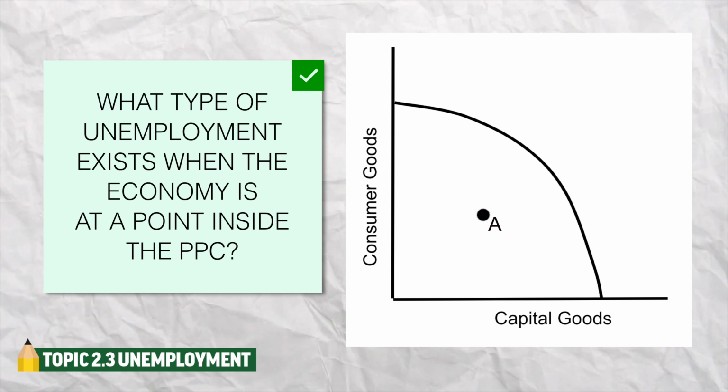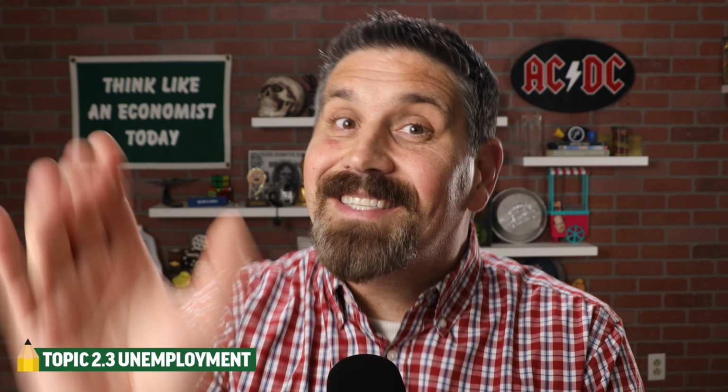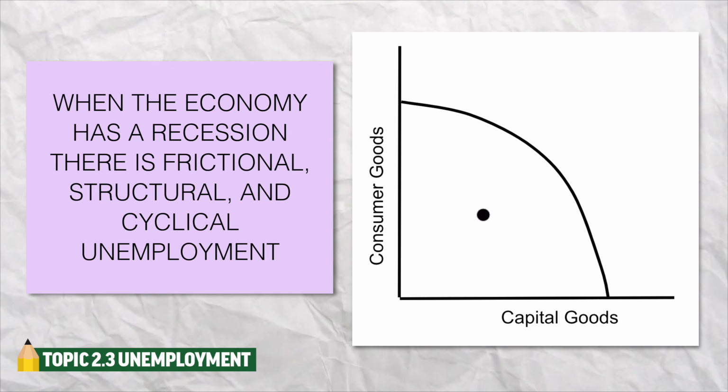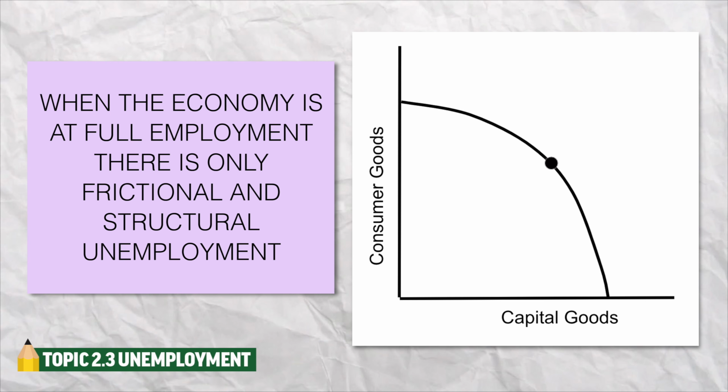Question, what type of unemployment do we have when the economy is right here? Now, you might have said cyclical unemployment, but you're wrong. It's not just cyclical. It's all 3. When the economy is doing poorly and we have a recession, we're gonna have frictional, structural, and cyclical. If the economy is here and we're doing great, then we're at full employment and we still have frictional and